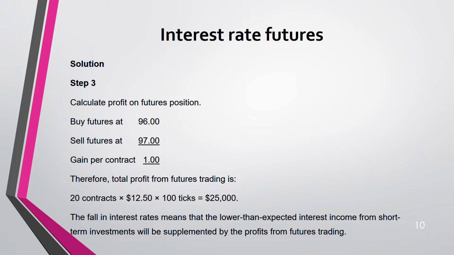In the spot rate, it's a loss of 25,000. In the spot you're losing, but in the future you're gaining. That's how future works. I've told you in the exchange rate also. In the spot, if you're making a loss, in the future you have to make a profit. Are you understanding? So fall in the interest rate means in the spot you're losing, yes, but in the future you are gaining. So it cancels each other out.